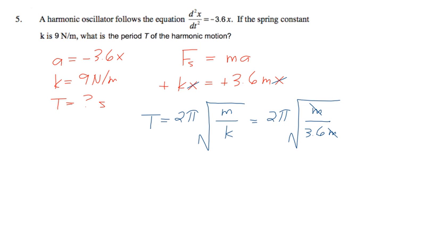It's just going to be 2 times pi times the square root of 1 over 3.6. And that would give you the answer. And so the period in this problem came out to be 3.31 seconds. And that's it. Any questions with that one? Okay, so we did 4, we did 5,